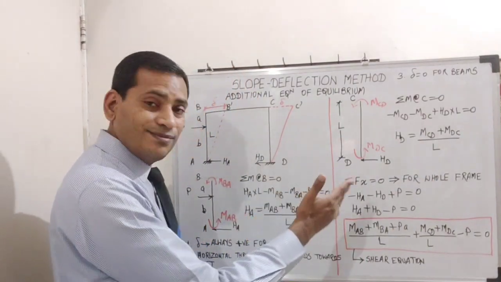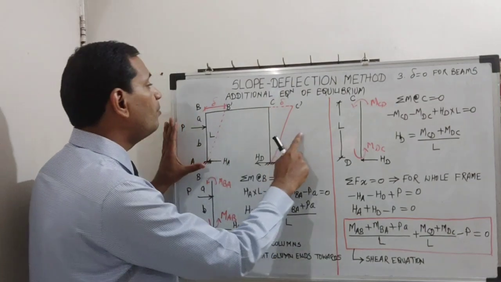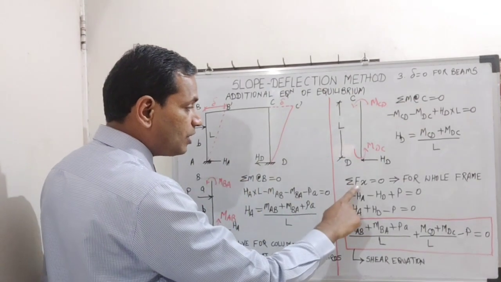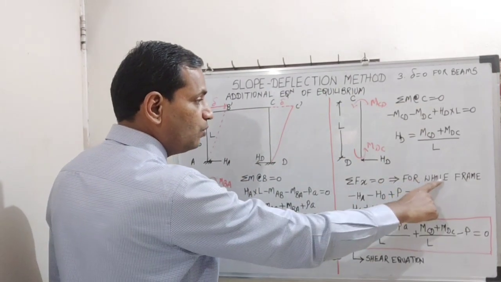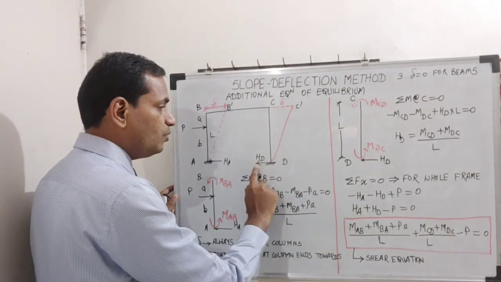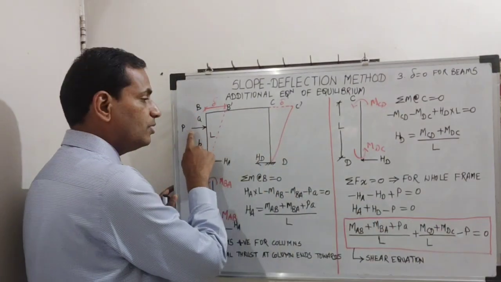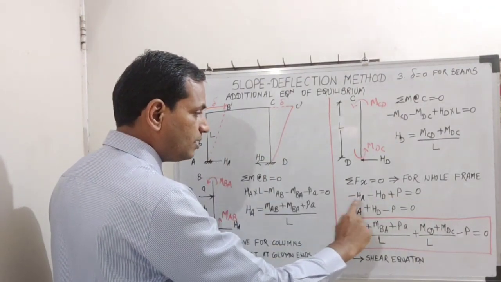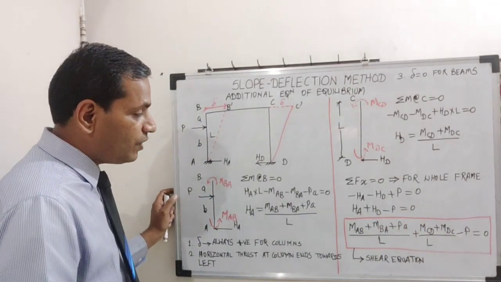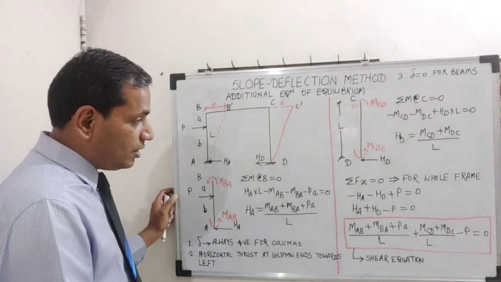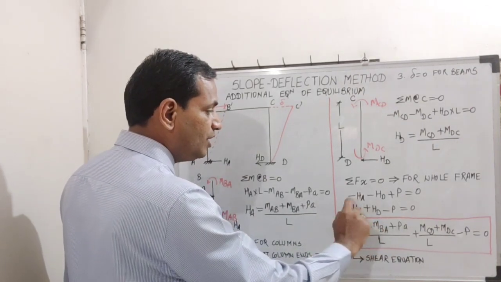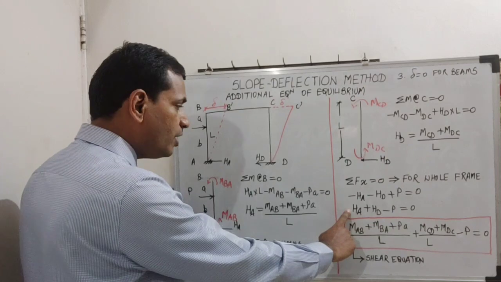Now after this I have considered the complete frame, and for this complete frame I have applied summation Fx is equal to 0. So HA is towards left, so minus, HD again towards left, minus, P towards right, so plus. So minus HA minus HD plus P. This is the equation in the horizontal direction, summation Fx is equal to 0. So I have solved it ahead. So HA plus HD minus P is equal to 0 is the equation,